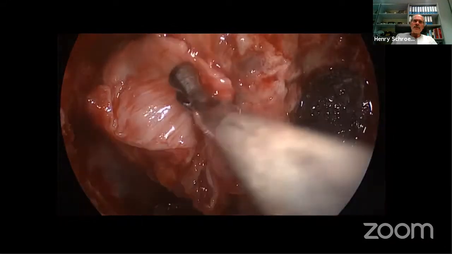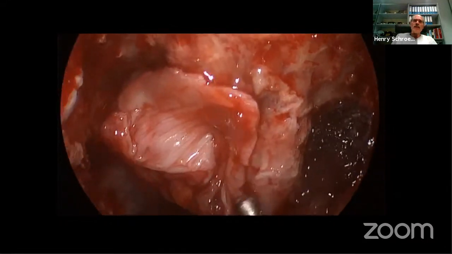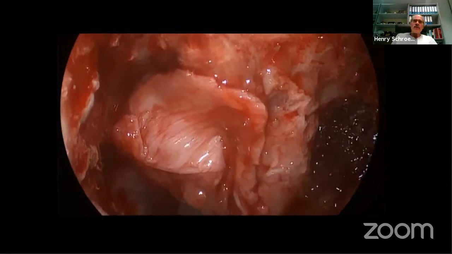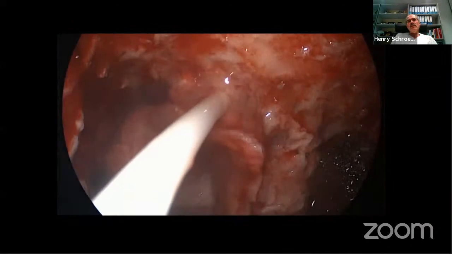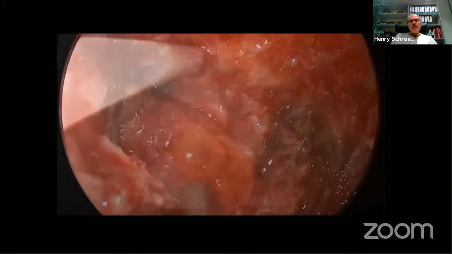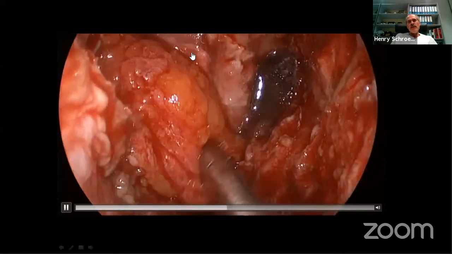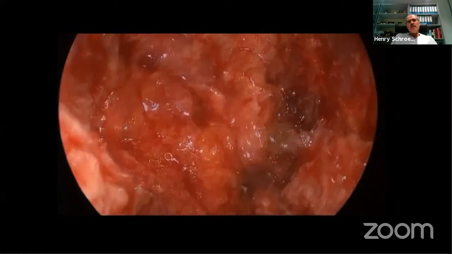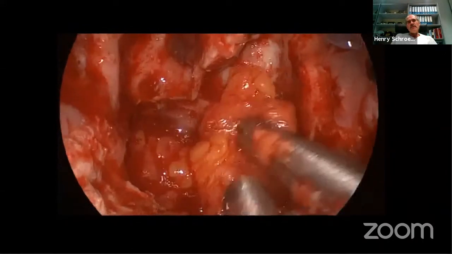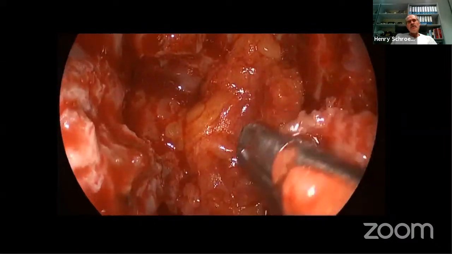And then we put a second layer fascia lata as an onlay and fix it with fibrin glue. A nasoseptal flap was not possible because a biopsy was taken and the pedicle of the flap was destroyed. And then we put some fat, fix it with fibrin glue, more fat, fibrin glue,